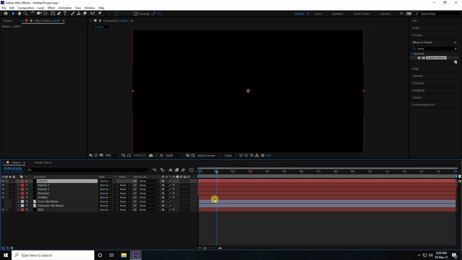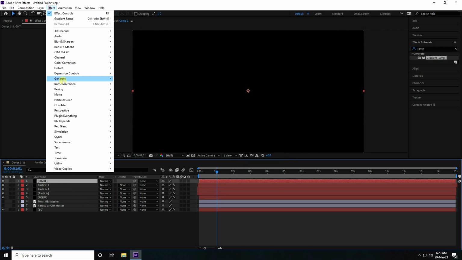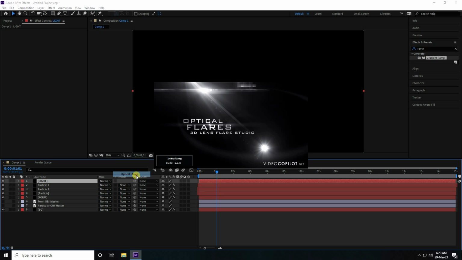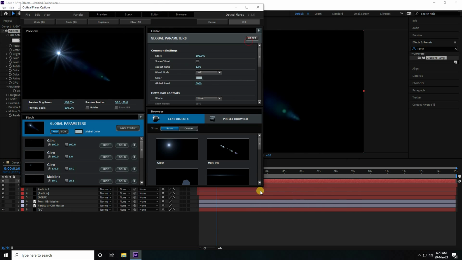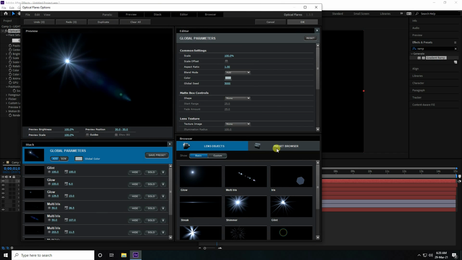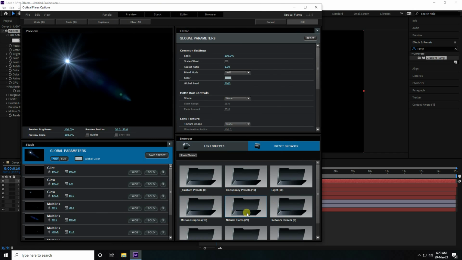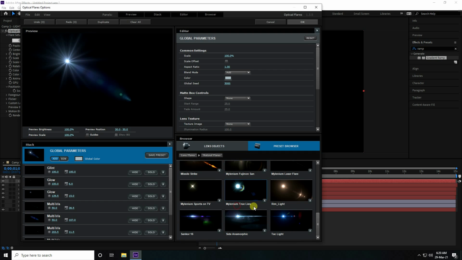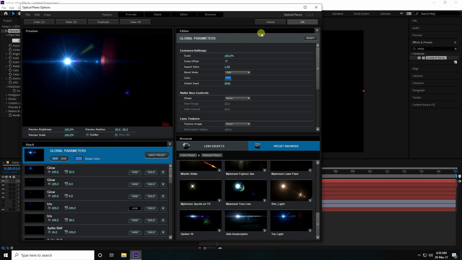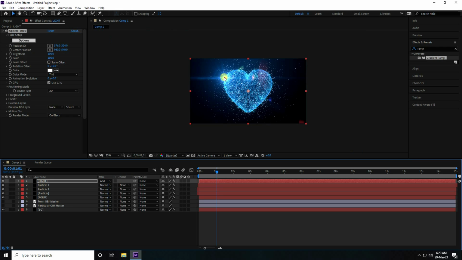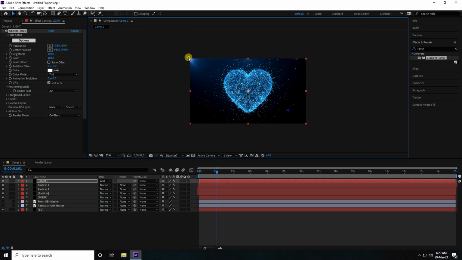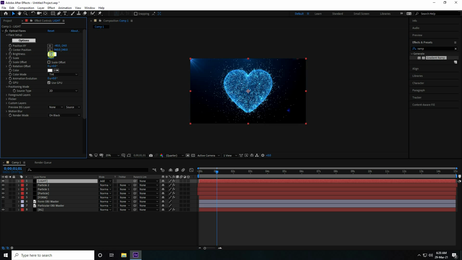So now guys this time I take again a solid layer for light, name it Light and press OK. So guys select this light and this time I apply Optical Flare. Click on here Options and guys increase this size and go to Presets. Yeah, and guys you can take any lens flare light like this one. Change mode to Add, and like this. Yes, and guys select and brightness like 200.